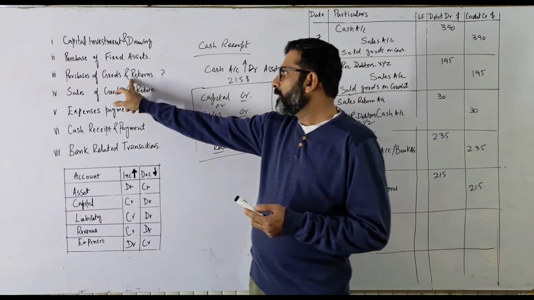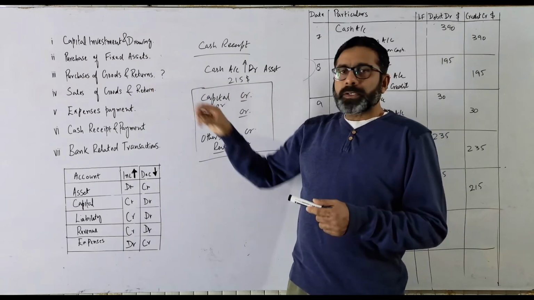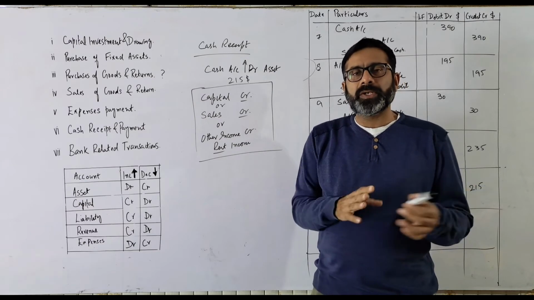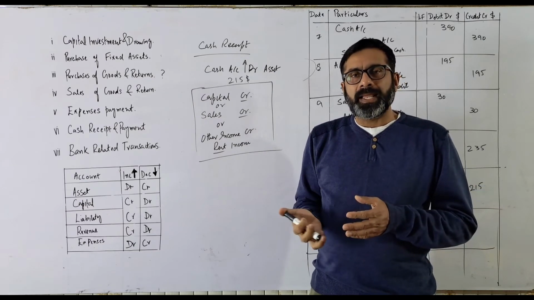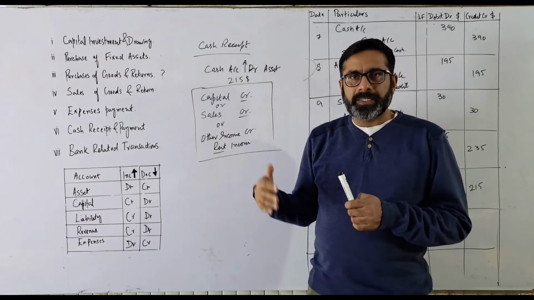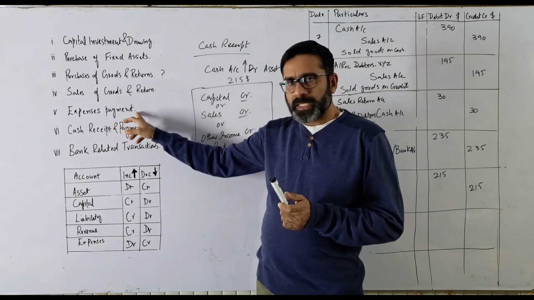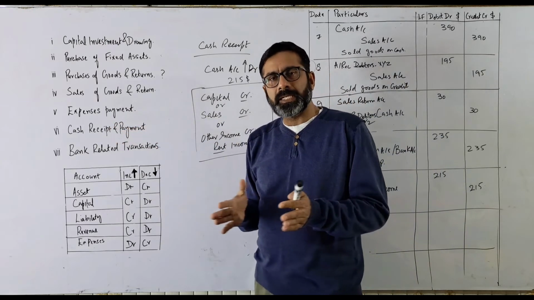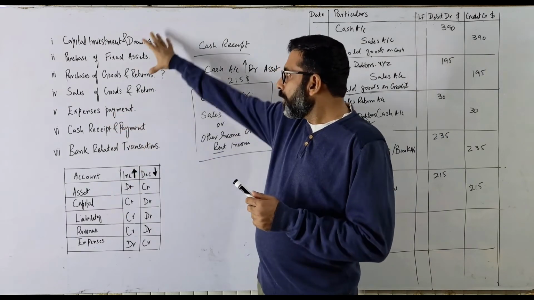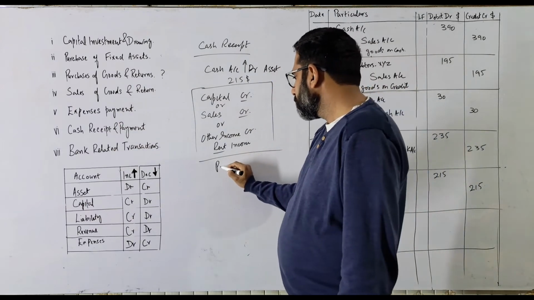Okay, then you are purchasing the goods, you are paying the cash. You are not purchasing the goods on cash, but after some time, after 10, 15, 20 days, you have to pay to the suppliers who are the creditors or the payables. So it means that will be the cash payment. You have taken the expenses, most expenses, 90% of expenses you are paying on a cash basis, so you are paying the cash. So all these are reasons why you are paying the cash. So for the payment purpose,